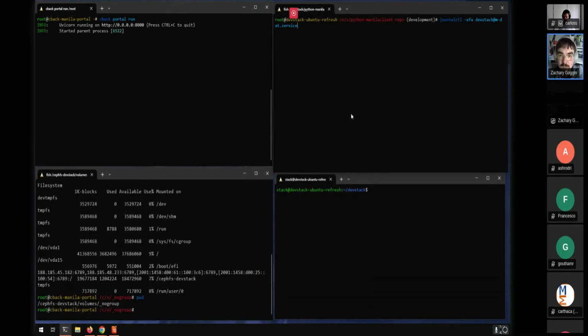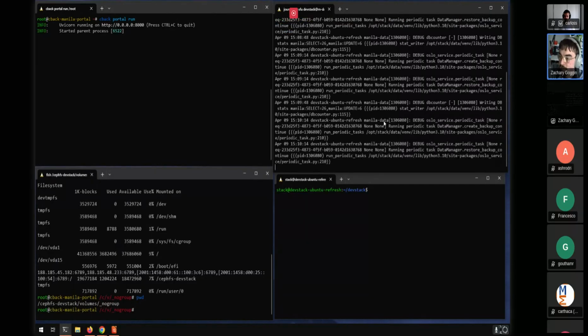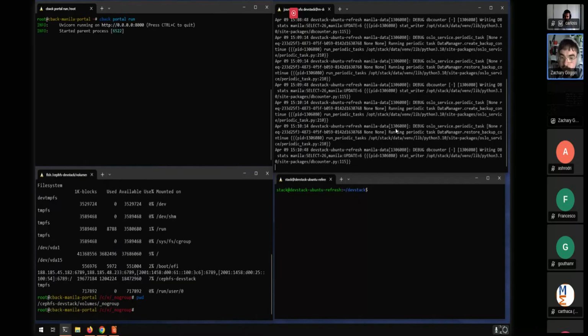As well, in the top right, I have basically on the DevStack, it's just looking at the share data service. So you can see the changes that are going to happen as I talk through what I'm going to be doing. So if we consider what's in the share backup API in Bobcat, Dalmatian, and Epoxy now,